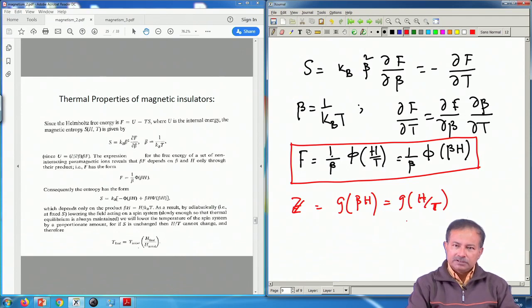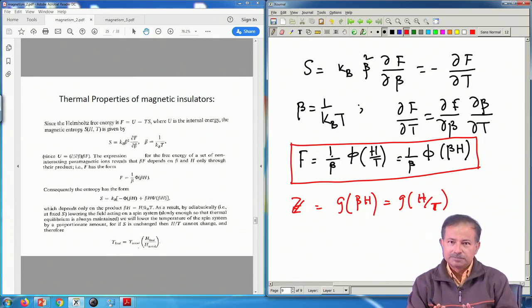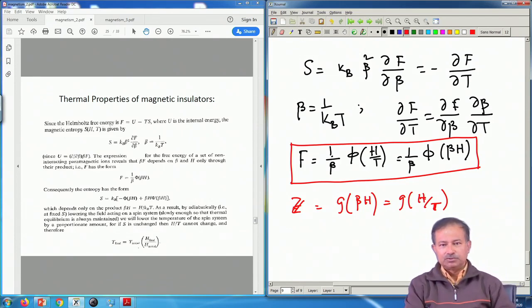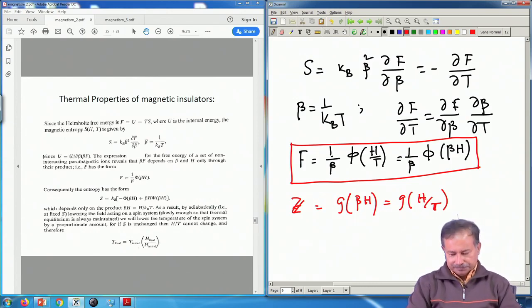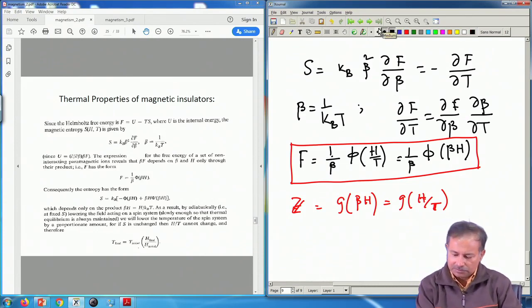So, that is the thing that we are going to do, a practical application that is actually being done and used. That is why it is a beautiful application from a simple observation of a mathematical form, that the partition function is a function of h by t, not singly h, not singly t. So, that is the prelude to what I am going to do. Okay. So, let us now start doing the calculation.